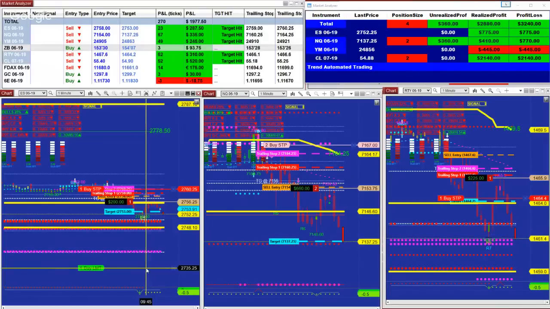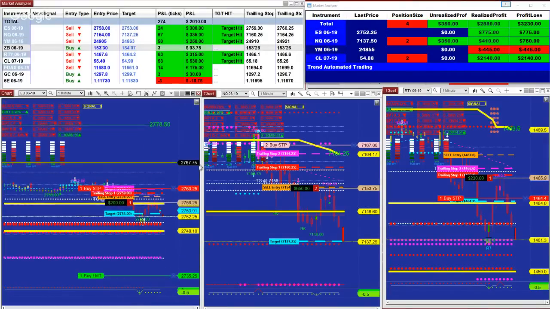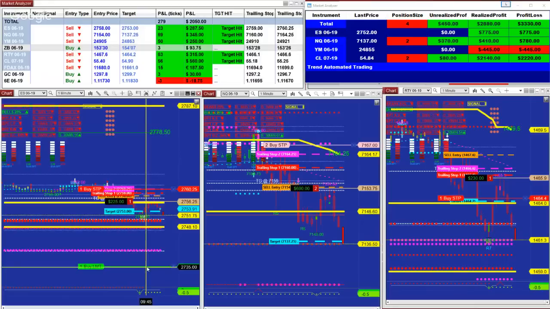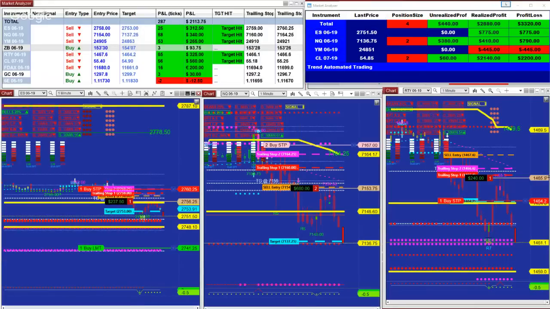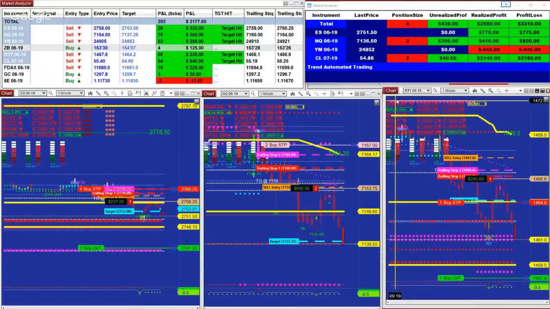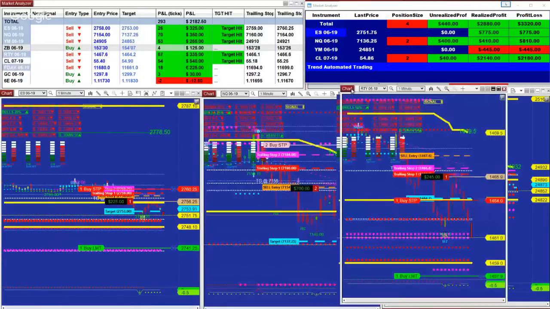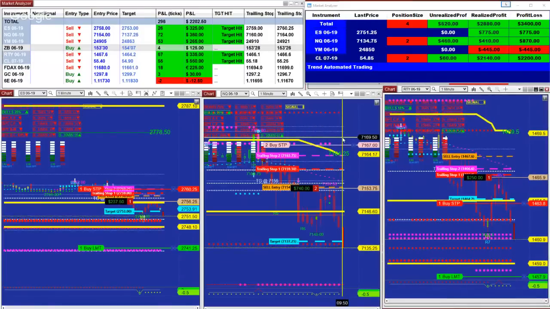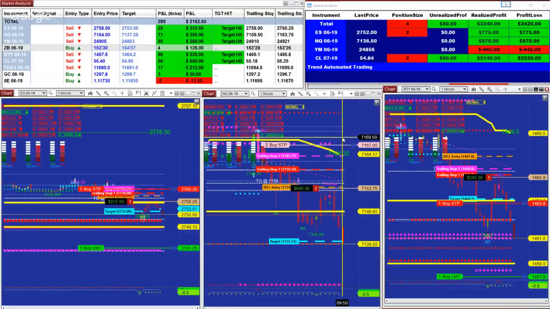You can play it either way, or you can take a manual trade if you want to. But for me, I find it very pleasant to be in charge of the trade. And most of the time, as an example, right now on the Nasdaq,